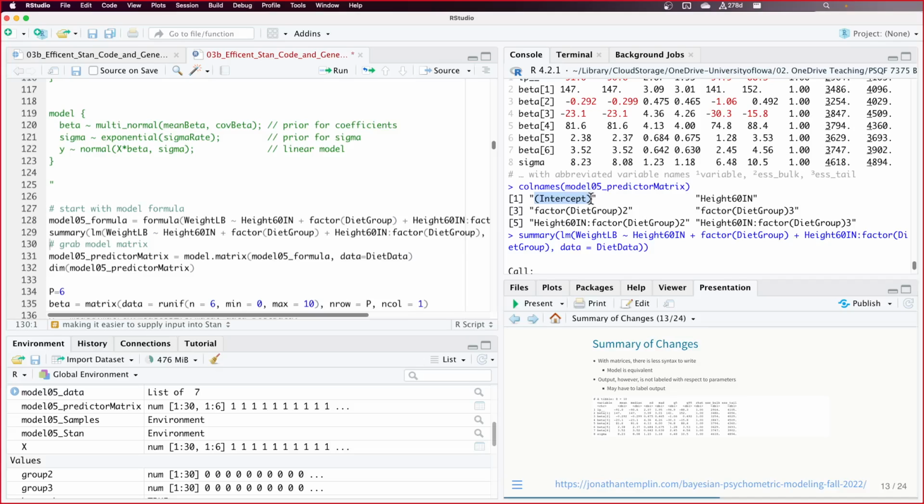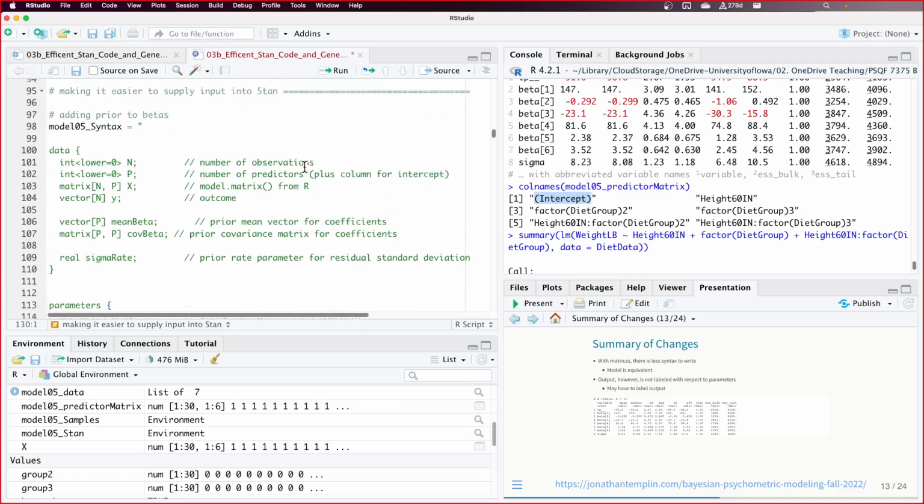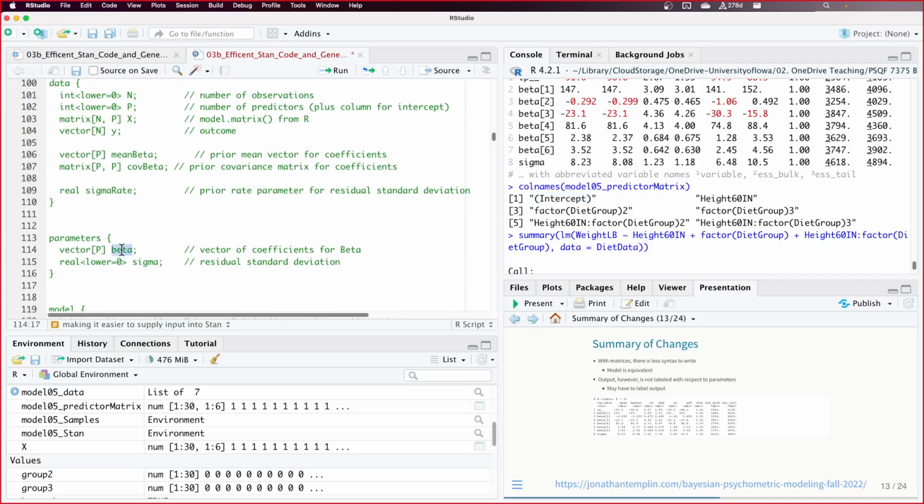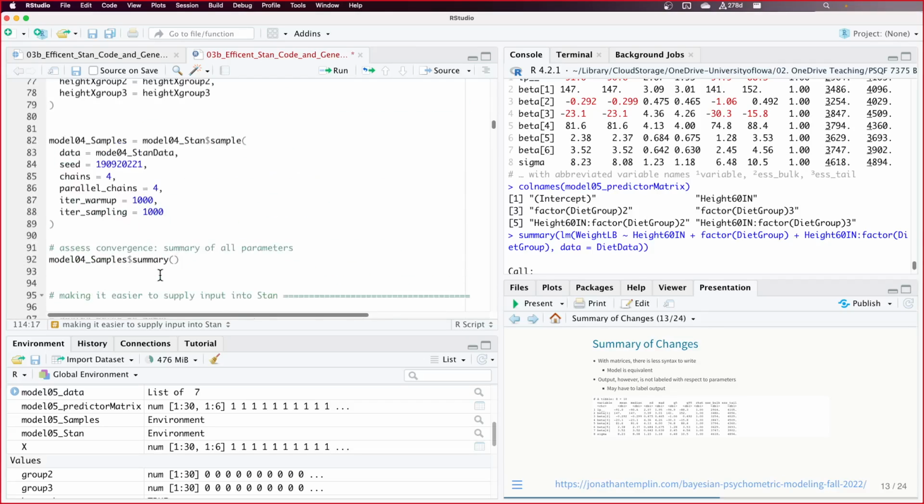If we use the non-compact version of the code, do the labels show up? Yes. So whenever you specify a parameter, what shows up in the output is the name you specify. And if you specify a parameter as a vector or a matrix, then the output displays which element of that is shown. So in our previous output for model 4,